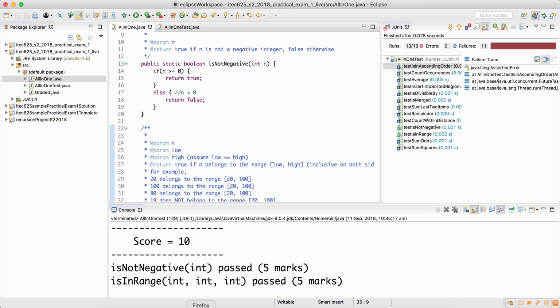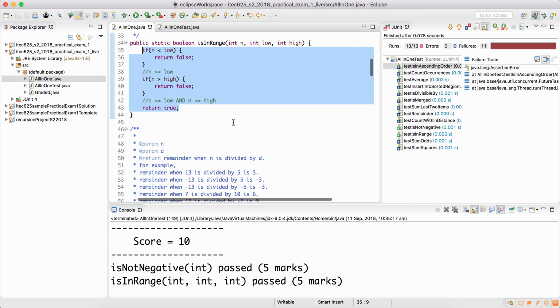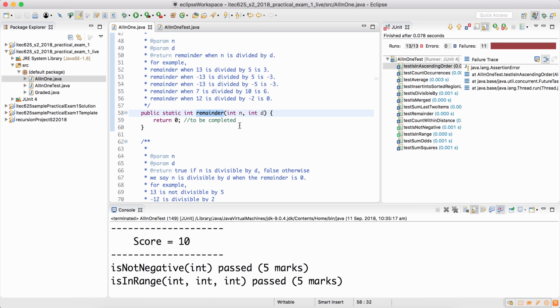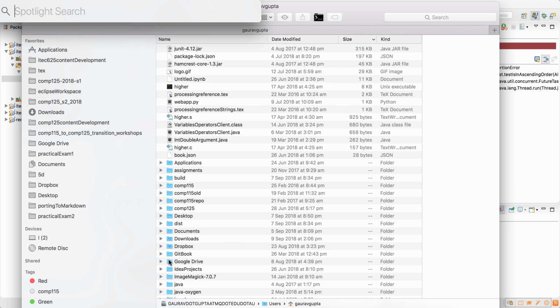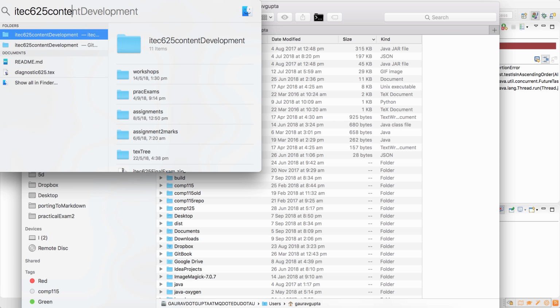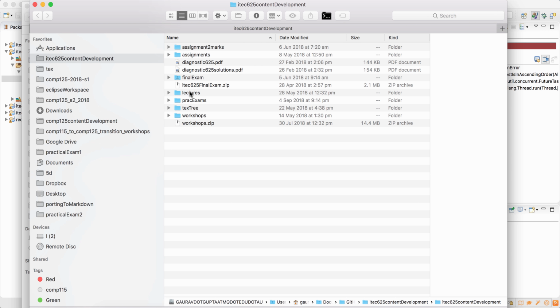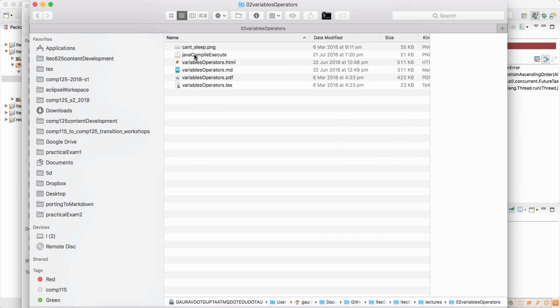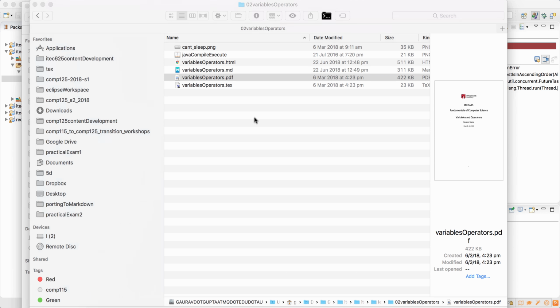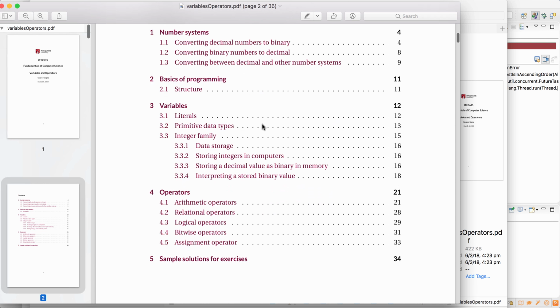Method number 3, remainder. Now remainder, what I'm going to do is I'm going to take a look at ITEC625 content development, lectures, variables, operators, and the PDF file. You can see that we have